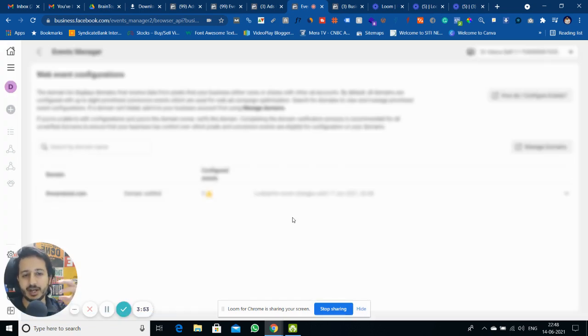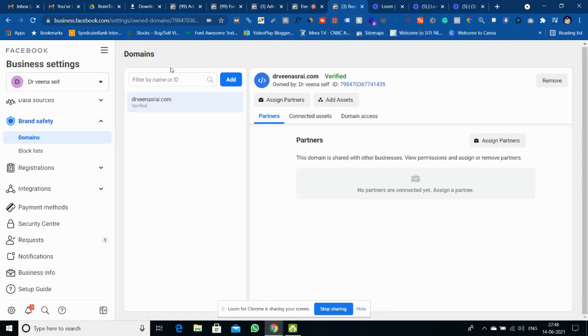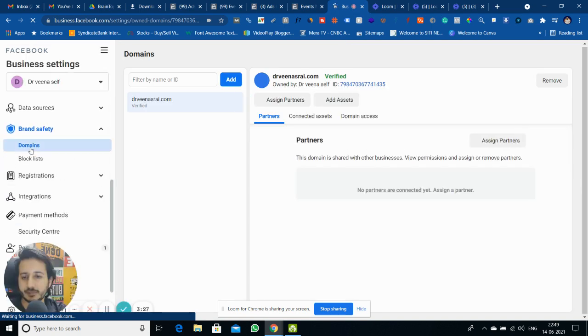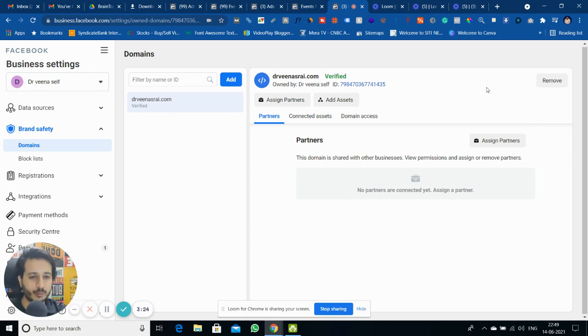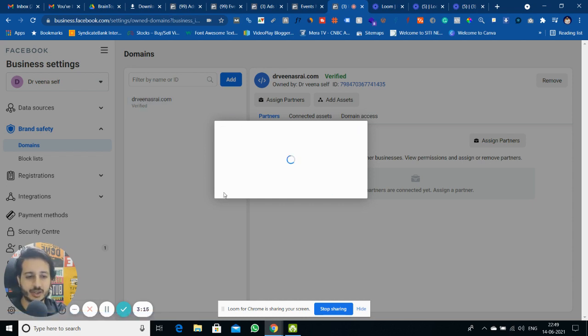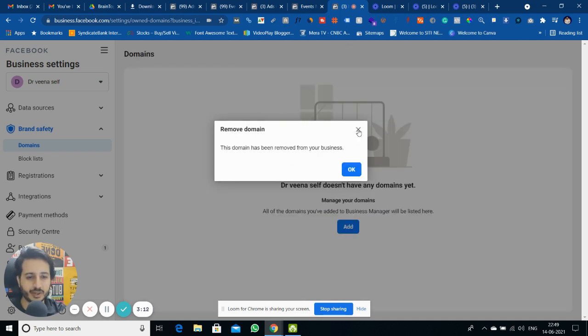Now let me go back to the business manager, and I will try to remove the domain, and let's see whether it will be removed or not. All right, so we are back to the business manager. Let me refresh this, because earlier we tried to remove this domain but we were not able to. So let it refresh, and then we'll try to remove the domain once again. Yeah, so we come again under the domain section, this particular domain. Now we click on the remove section. See, it is saying are you sure you want to remove this domain, and we just click on remove, and now you can see this domain is removed.